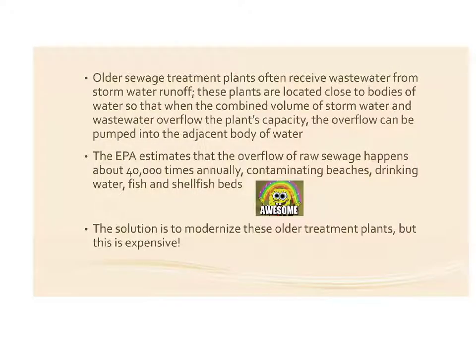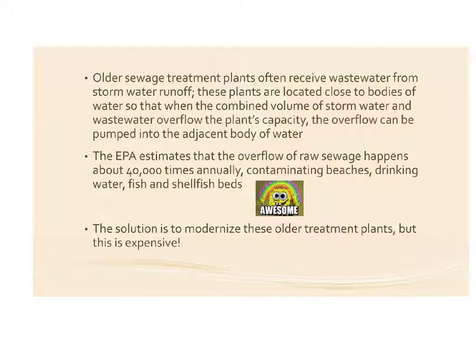So older sewage treatment plants often receive wastewater from storm water runoff. So they're not only getting sewage from homes and businesses, but they also receive wastewater when it rains in the form of stormwater runoff. These plants are located close to bodies of water so that when the combined volume of stormwater and wastewater overflow the plant's capacity, the overflow can be pumped into an adjacent body of water. Okay, process that. So we're getting stormwater and poop water, and they're mixing and they're overflowing into a body of